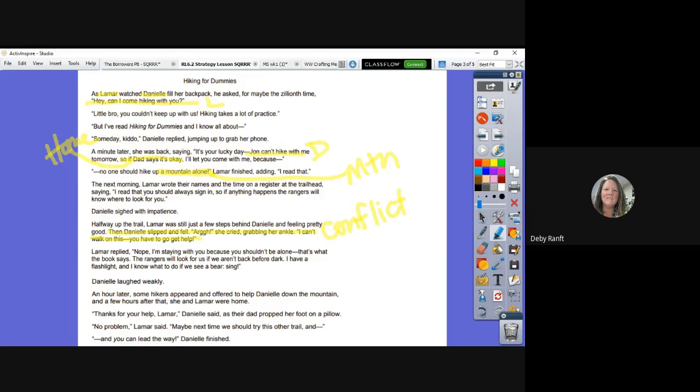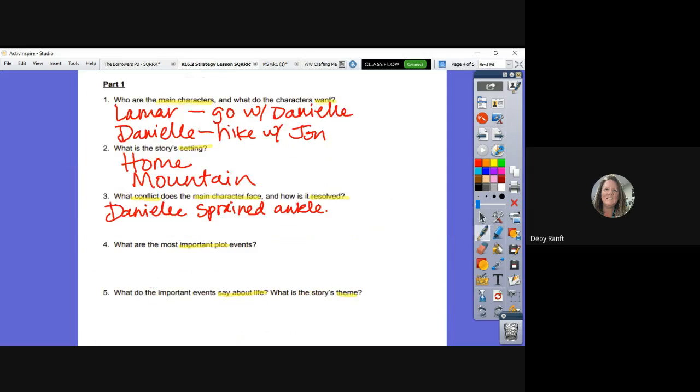Now, go to that second part of the question. How was it resolved? Yona. Hikers came and helped them. Ooh, hikers came and helped. Where did you find that? In the other page where it says, an hour later, some hikers appeared and offered to help. Yes. That's your resolution, right? Good. So, hikers